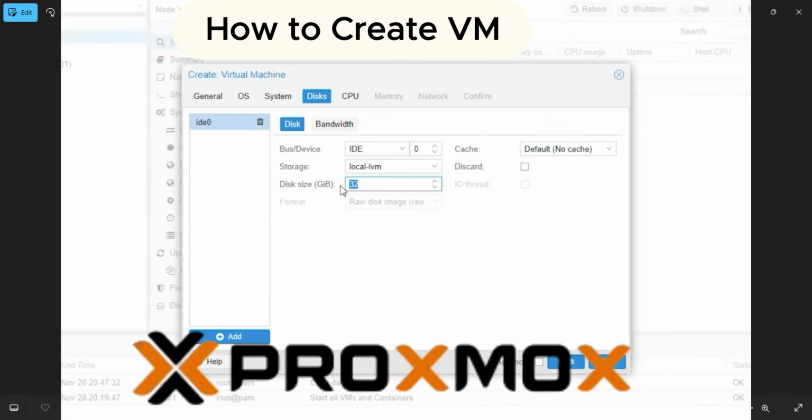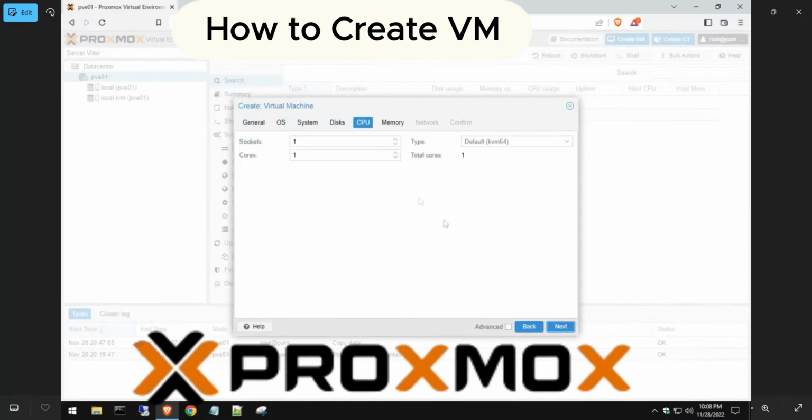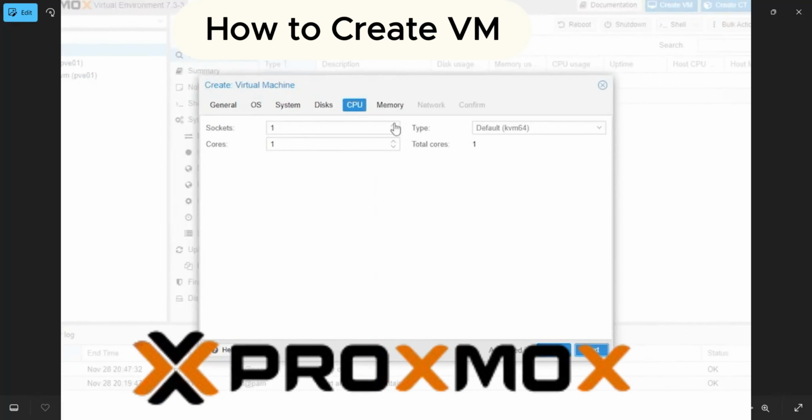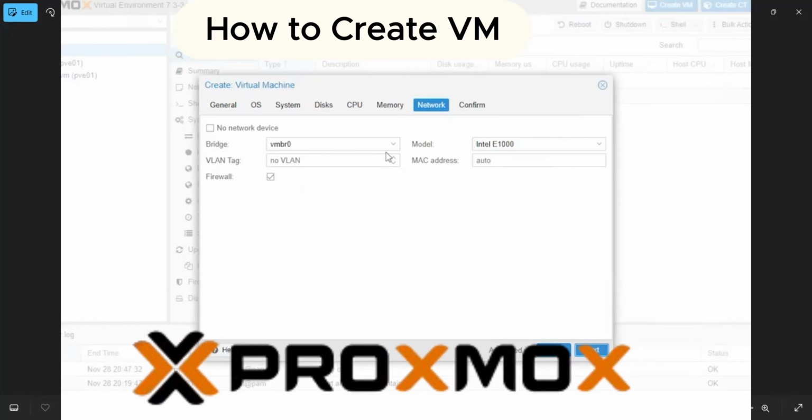Now we select the processors as per our own requirements, and then memory. And after the selection of the memory, we will find the networking for this virtual machine. So these are the three major domains.